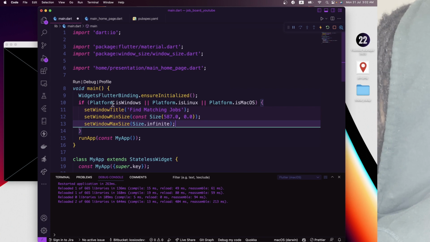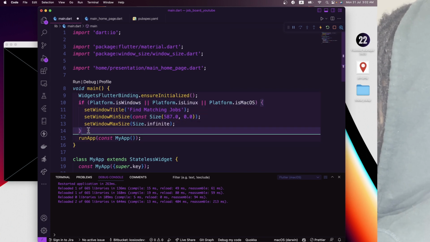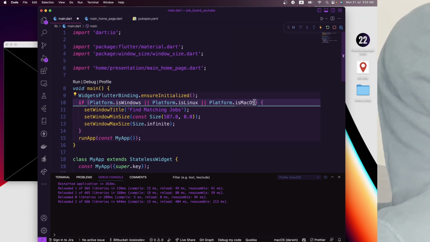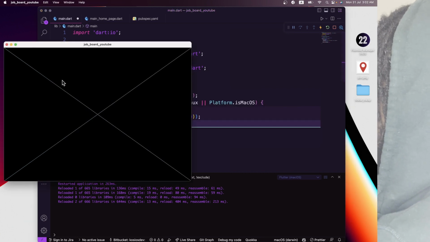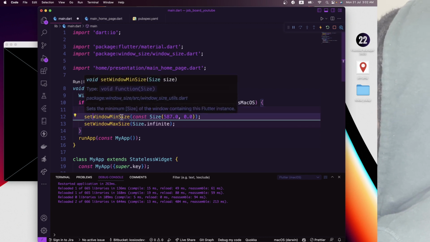So that's why we are adding this if statement, kind of like a guard, that says if the platform is Windows, or the platform is Linux for Linux systems, or if the platform is macOS, go ahead and set this. So we want the window title, which is this, to change to Find Machine Jobs. I want to set the window minimum size to be